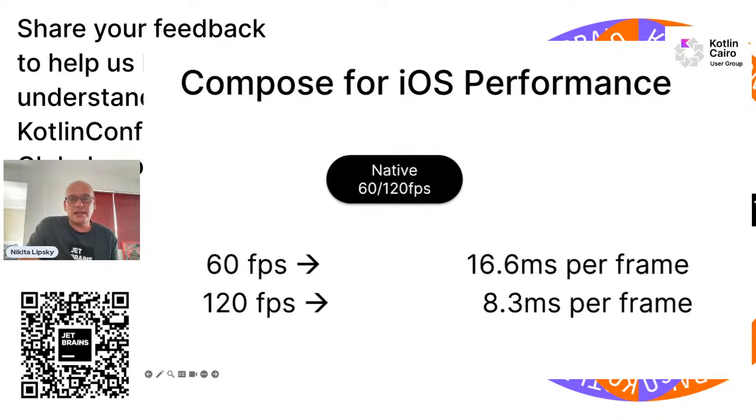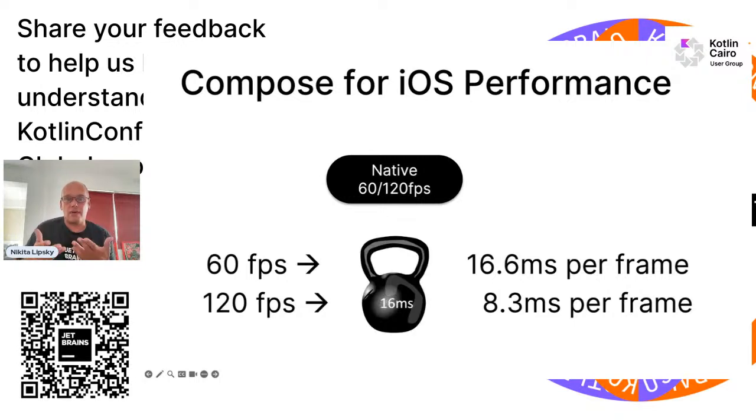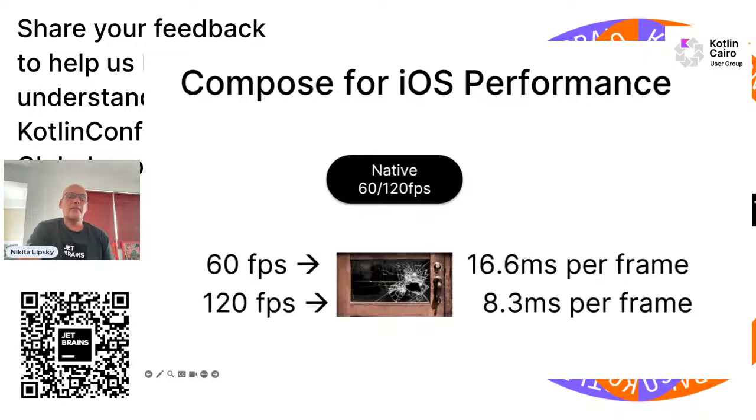And that means that we have only 16 or 8 milliseconds to do all rendering stuff within a frame. And if something heavy appears within our rendering process, if we do something heavy in the main UI thread for just 16 milliseconds, for instance, we immediately lose the frame